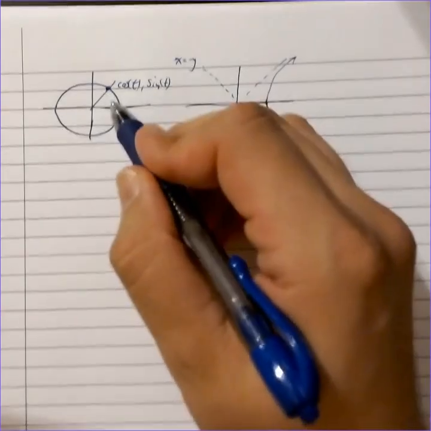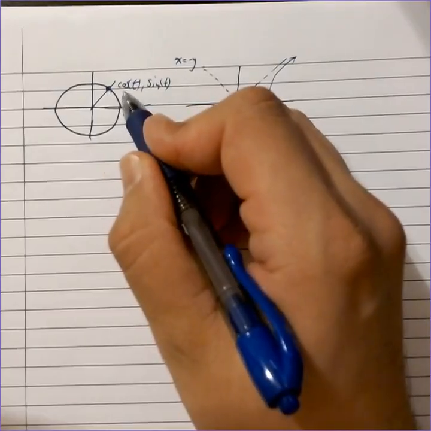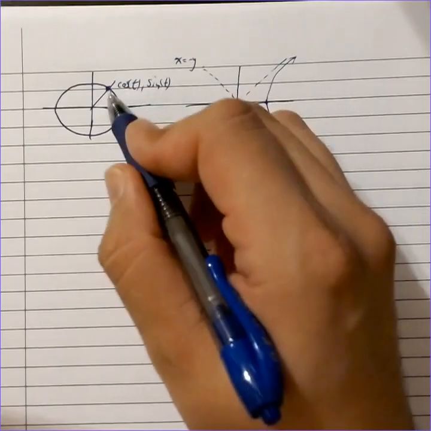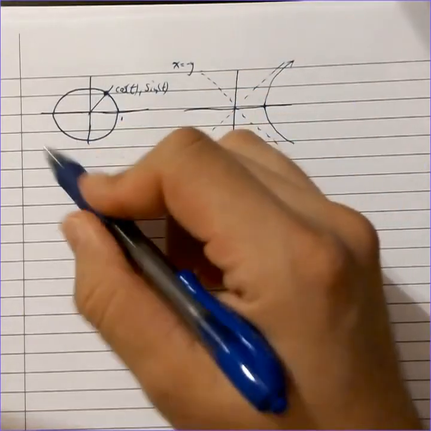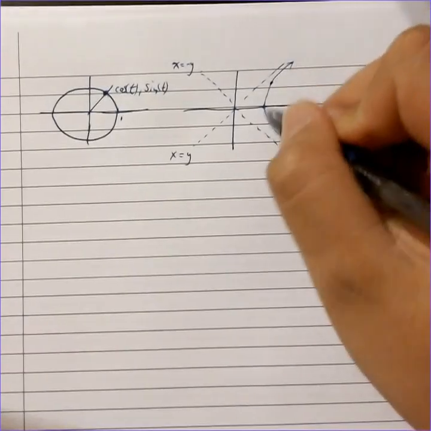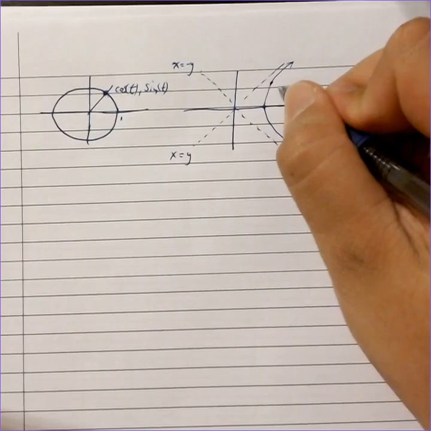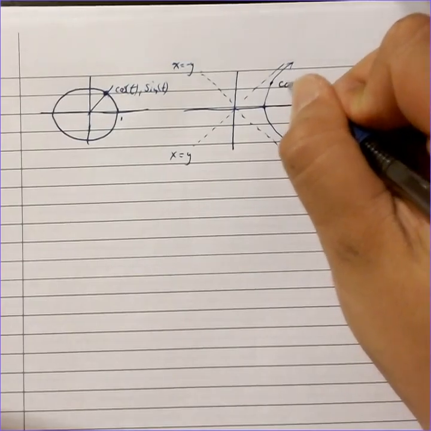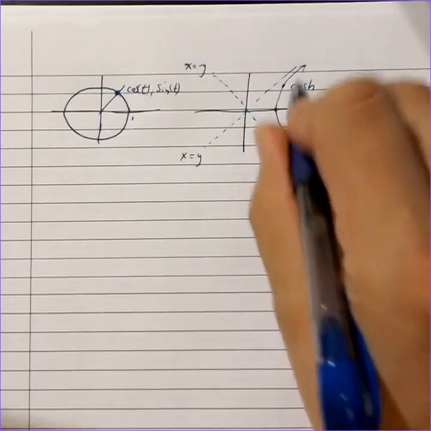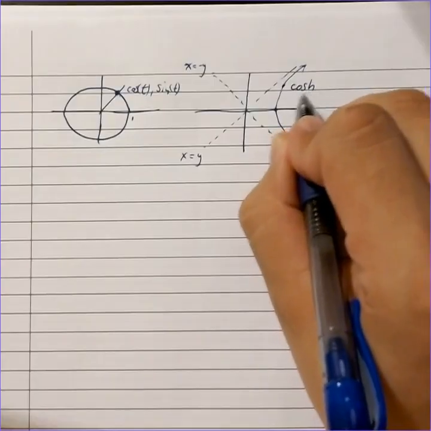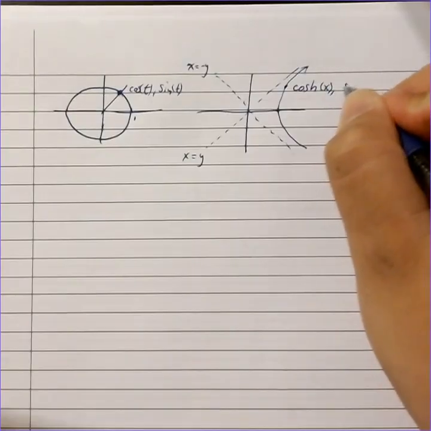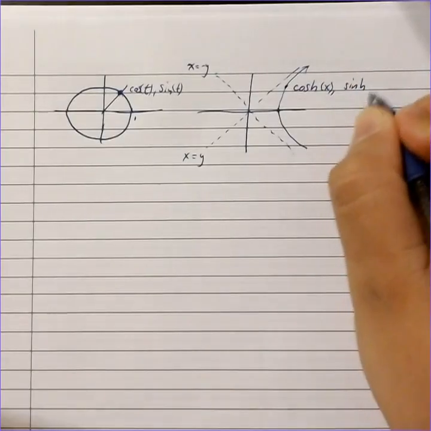And just like over here, where each point on the unit circle gives us a pair of functions, the cosine and the sine of some value t, depending on how far along we've gone around the unit circle, here we're going to have points along this hyperbola give us hyperbolic functions. Here, this is called the hyperbolic cosine. It's often abbreviated as cosh, C-O-S-H. H stands for hyperbolic, so hyperbolic cosine of x, comma, the hyperbolic sine of x is often abbreviated S-I-N-H and